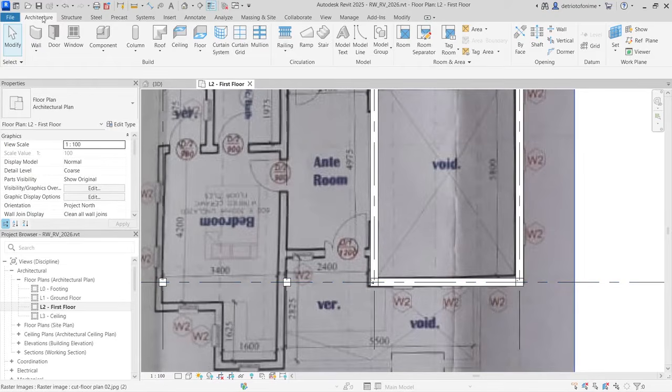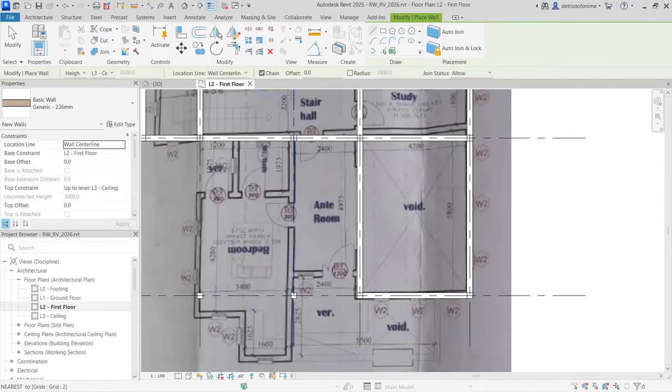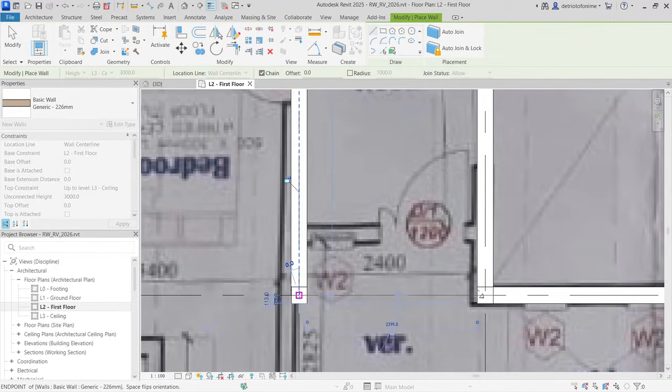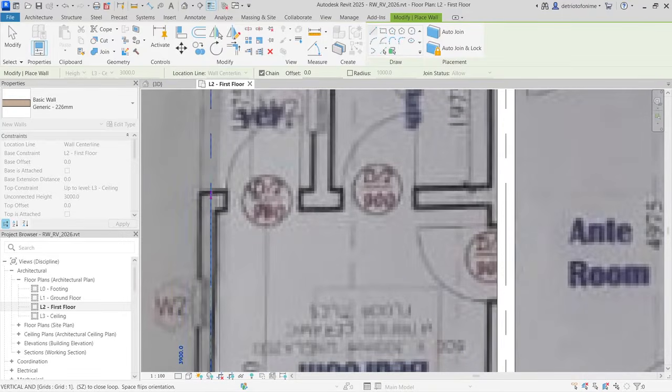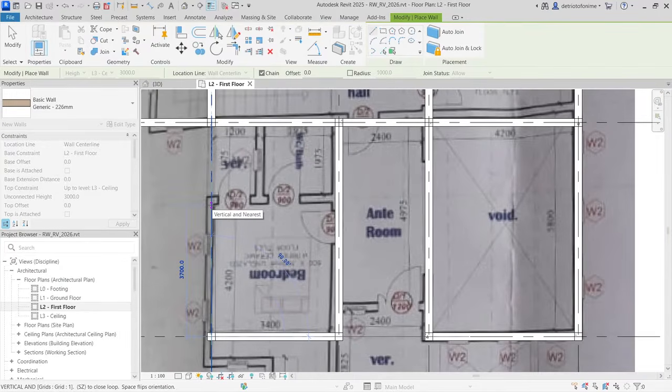it to this line. So go ahead and draw an architecture wall again, and then start from here all the way down to this one. Make sure it's at the midpoint. Go this way, connect it down here. Now remember, at this point we're going to have to stop. That is like 4.2